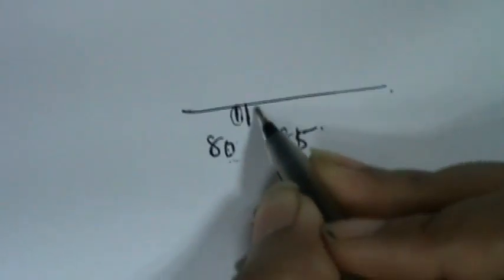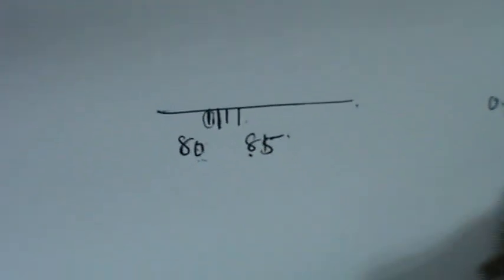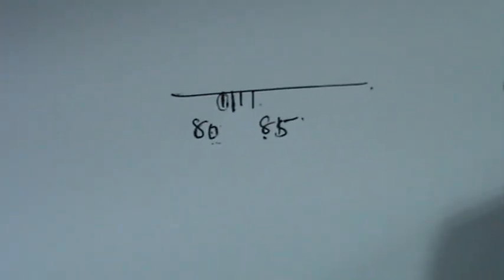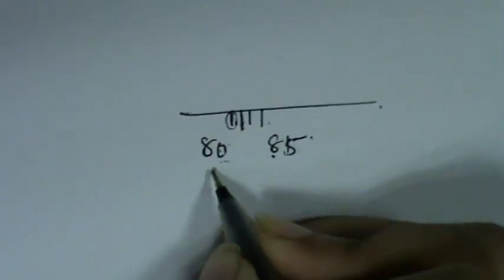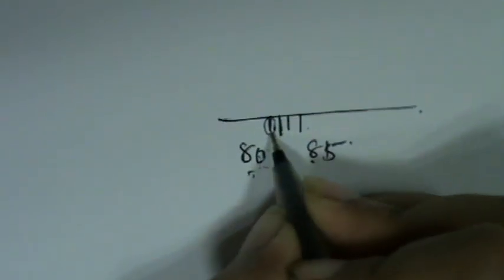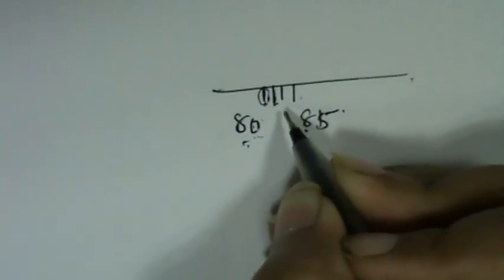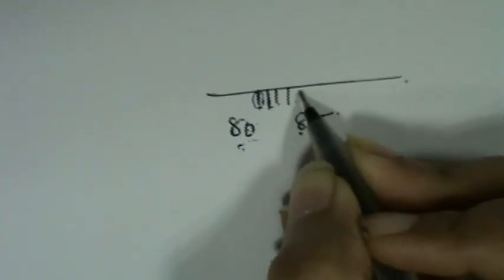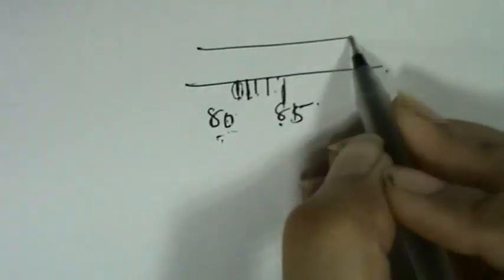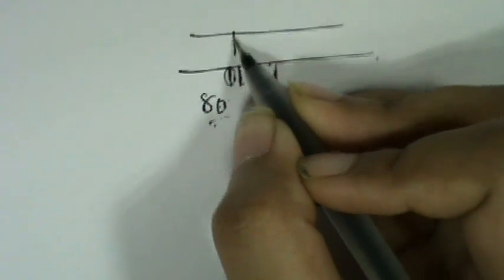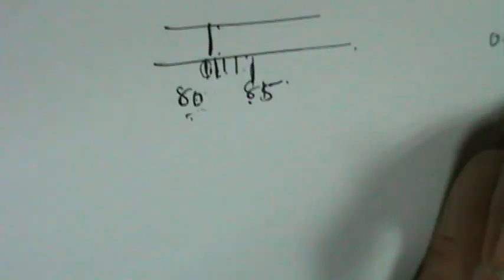Each of these small divisions counts for 0.5 degree, which if you convert will give you 30 minutes. So you will read that as 80 degree 30 minutes, then 81, 81 degree 30 minutes up to 85, and you will note down the vernier division which is coinciding to